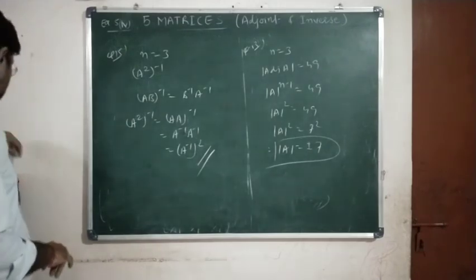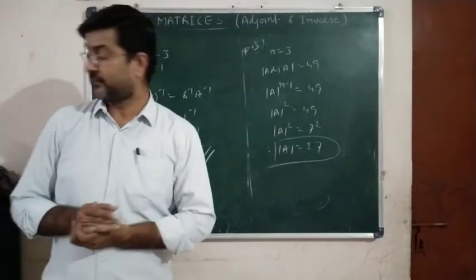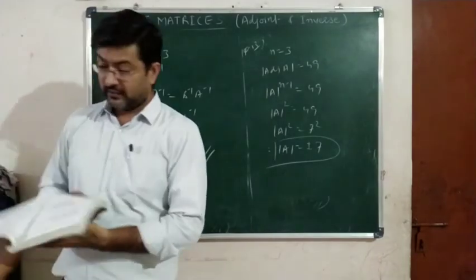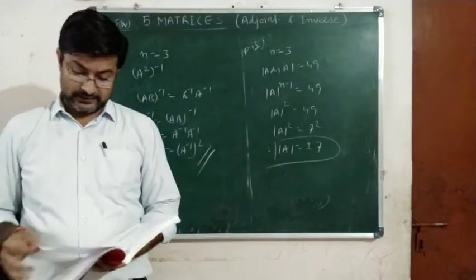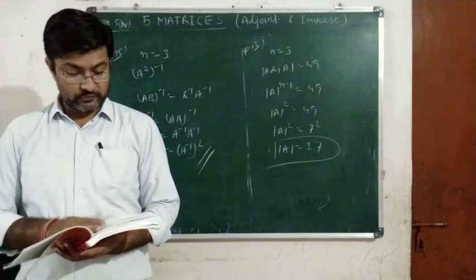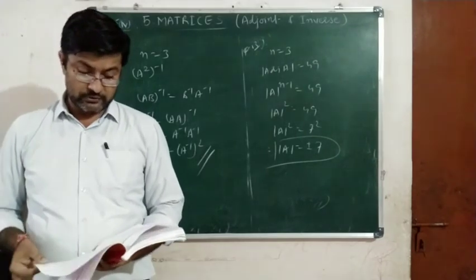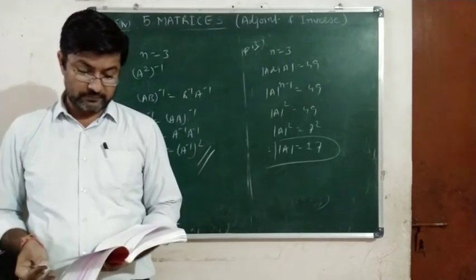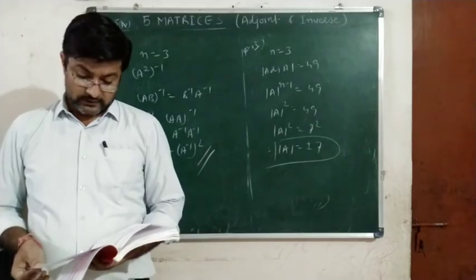Okay, so these objective type questions are all over, and with this the last exercise and chapter number 5 is also over. Okay, further multiple choice questions are given. You can practice those questions yourself.